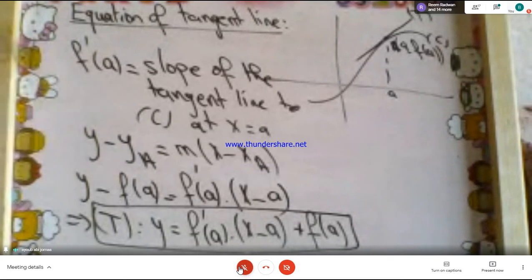صار في معي اعطي اكزامبل؟ ايه لا بس 1 minute. ايه لا